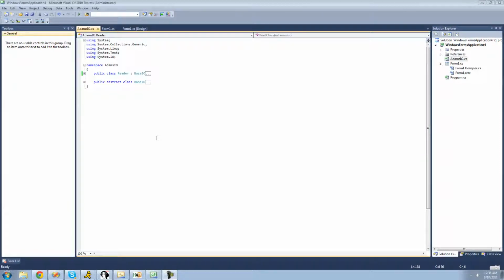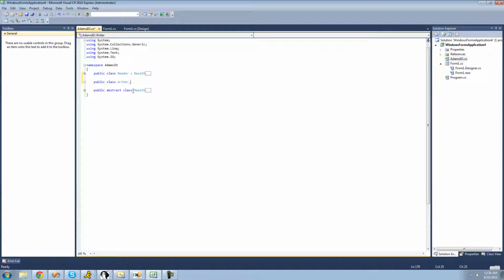Hey guys, welcome to the 192nd C# tutorial that I'm making for the new Boston, and in this tutorial we're going to continue working on our reader and writer class. So in the previous tutorial we finished up making our reader class, so now we just have to create our writer class. So let's just go right here and say public class writer, and just like the reader class, we're